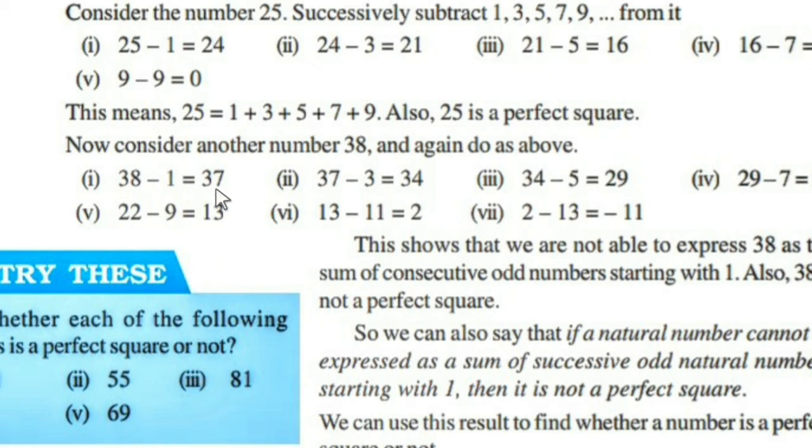So this you have to try by the same method. Take the first odd numbers 1, 3, 5, 7, 9, then 11, 13 like that, and one by one subtract the numbers from the answer. First you subtract 1 from the given number, then whatever answer you get, subtract 3 from that, then whatever answer you get, subtract 5 from that, like that. So you will try for 121, 55, 81, 49 and 69 and find out whether the numbers are perfect squares or not. At last, if you are getting 0, it is a perfect square. If you are not getting 0 at last, it is not a perfect square.